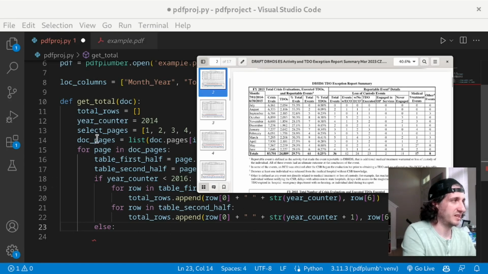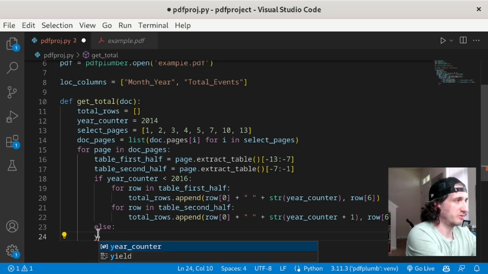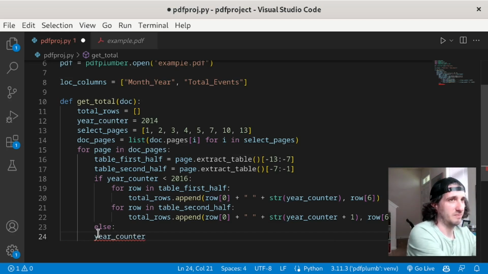And so we're going to have it iterate through the whole table, both the first half and the second half. And then at the end here, we're going to create, we can just go ahead and do this. We're going to create a year counter. So we're going to say, we want to make sure it's still in the for loop. But we'll say year counter